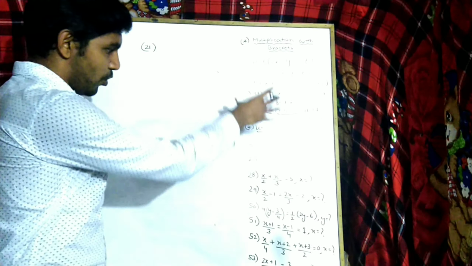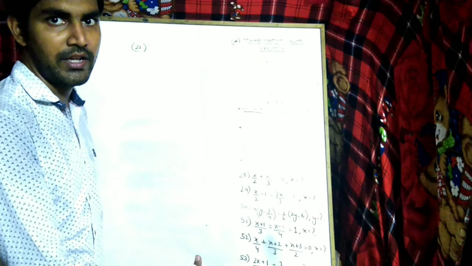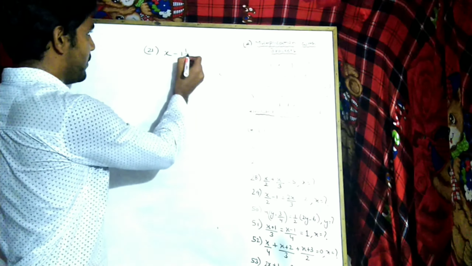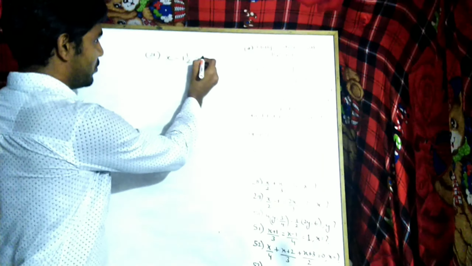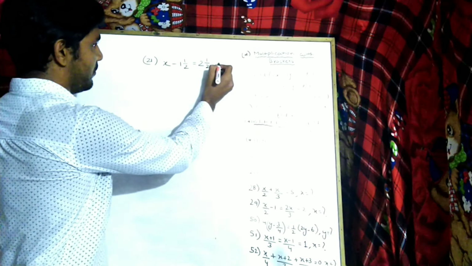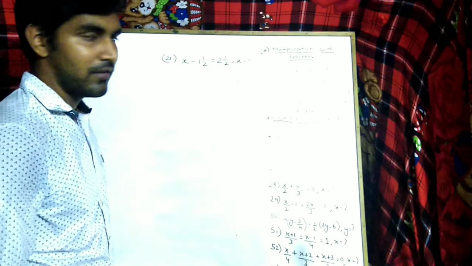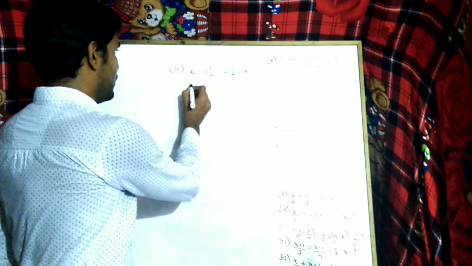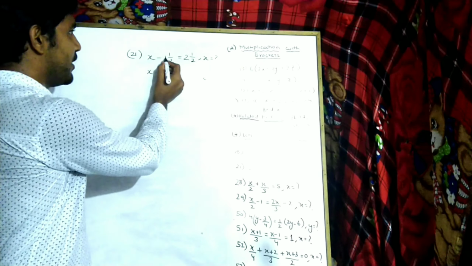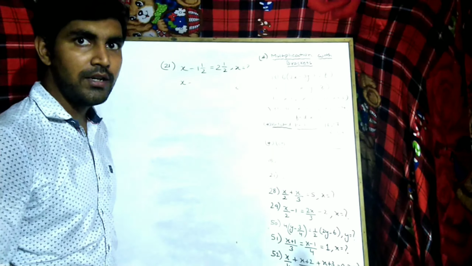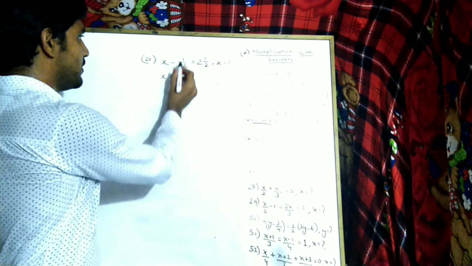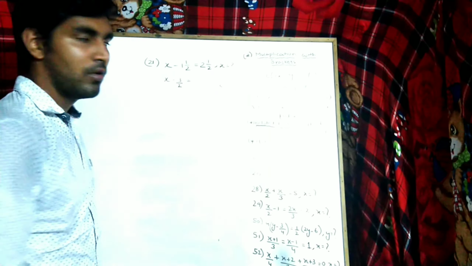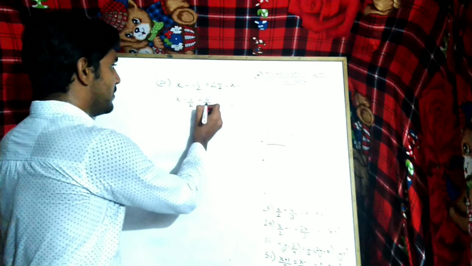See, those only problems are related questions only. Okay. So 21 problem. x minus 1 by 2 is equal to 2 1 by 2. We have to find x. Similar. First, this is a mixed fraction. You just convert into fractions. Now do x minus. You know how to convert? 2 into 1, 2. 2 plus 1, 3. So it comes 3 by 2 is equal to 2 into 2, 4. 4 plus 1, 5. 5 by 2.